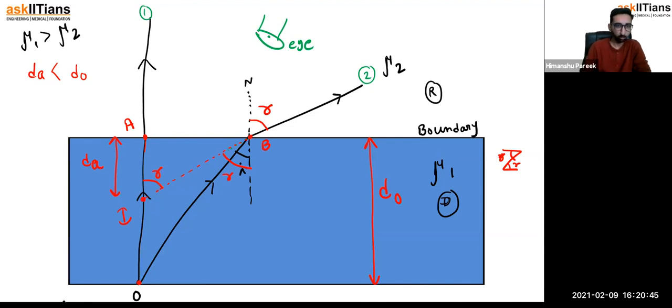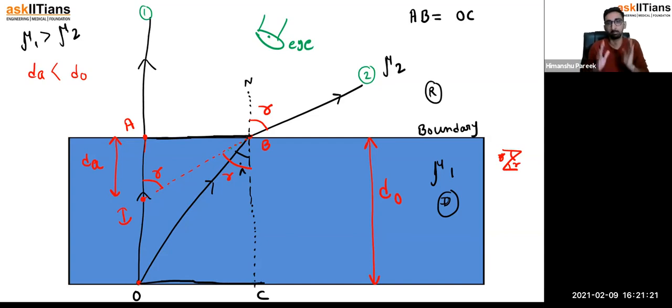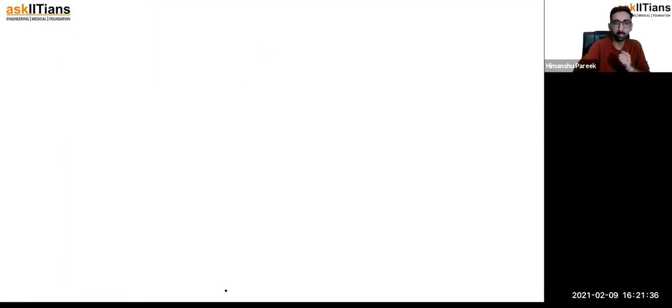Now let me also extend this light ray. This is a normal line, so I'm extending it till here, and this point we can call C. Now I will look into two or three triangles, and with the help of that, I'll try to find the value of AI. First of all, we can simply say that AB is equal to OC, because they are both the same length. So AB is equal to OC. Now look at the triangle BCO. This angle is a right angle, because it was a normal ray. So angle BCO